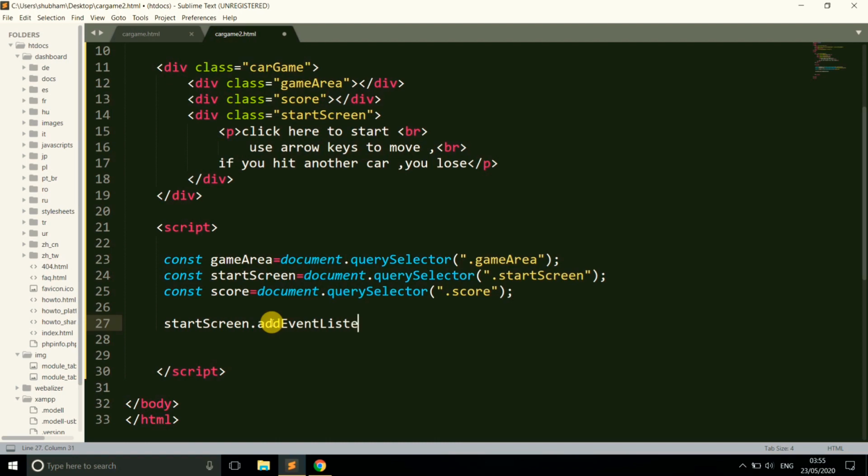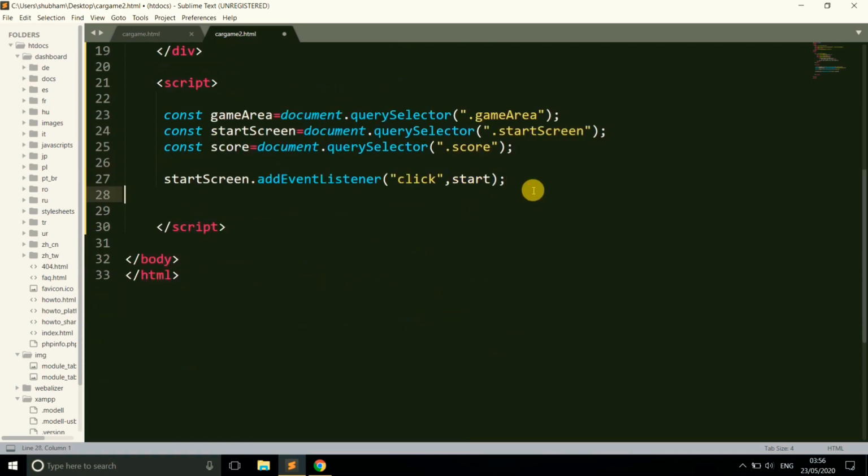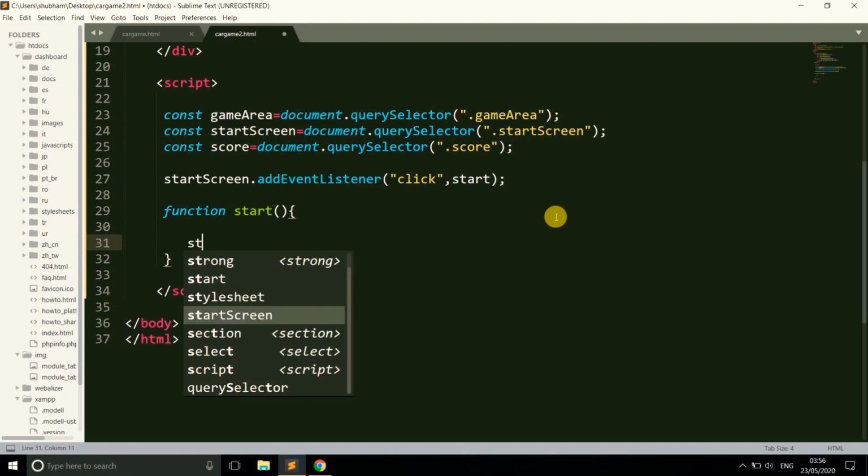Just add an event listener on the start screen. When we click on the start screen, a function is called, and the function name is start. Now define the function start. Just open the braces and close.